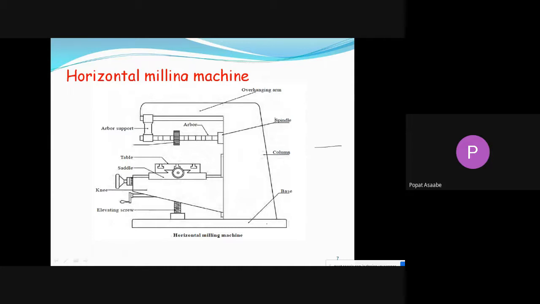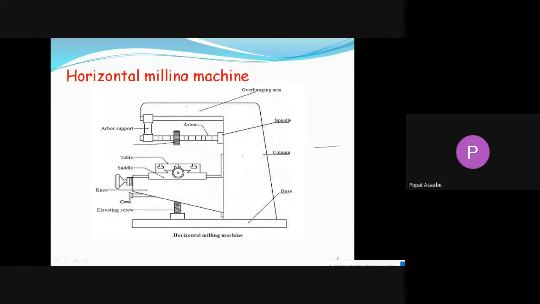It also absorbs the load of all the parts of your milling machine. See here, at one end of your base one vertical column is mounted, and that vertical column contains all the driving mechanism. All the driving mechanism means the pulley, belt, gears, and power motor. All that driving mechanism is required to rotate the spindle, and it is housed in that vertical column.